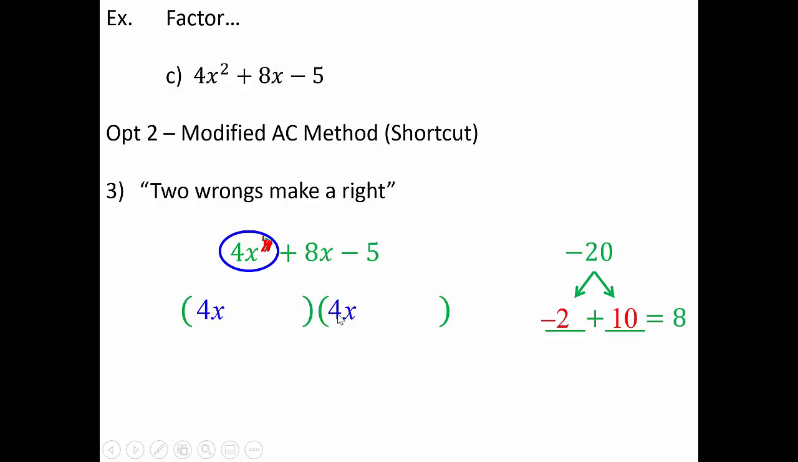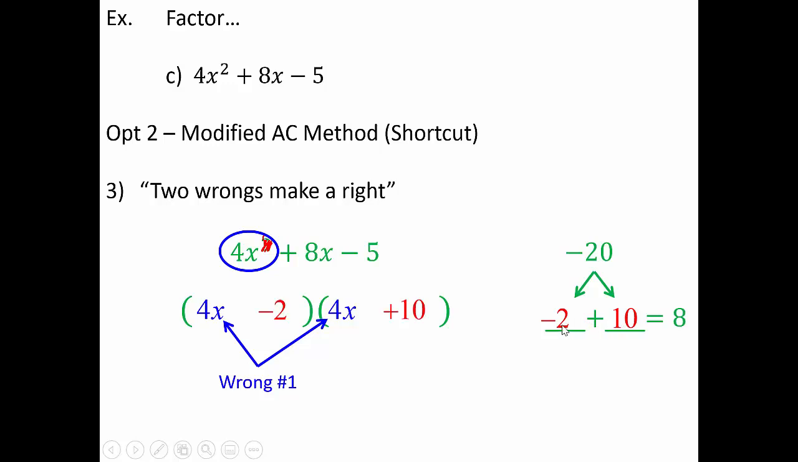But of course, 4x times 4x does not give me 4x squared. So this is wrong. This is incorrect. We're going to call that wrong number 1. Now moving on. For the other 2 spaces in the double bubble, that negative 2 and 10 that I found